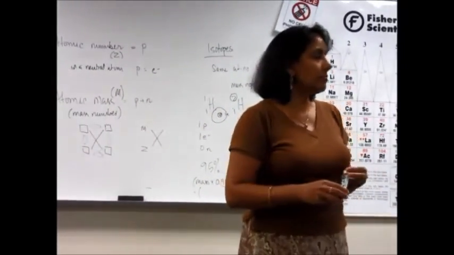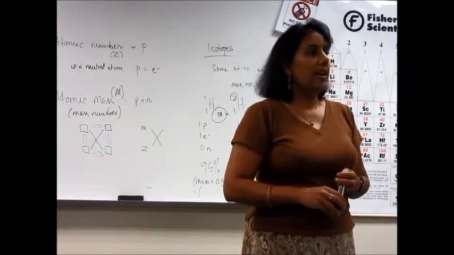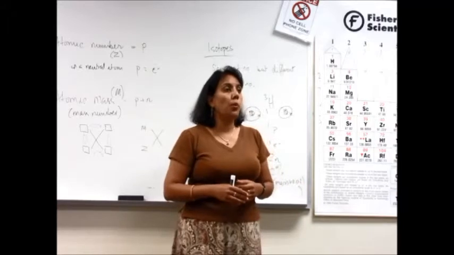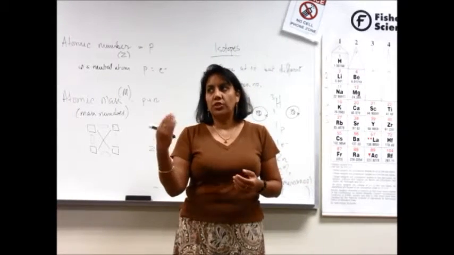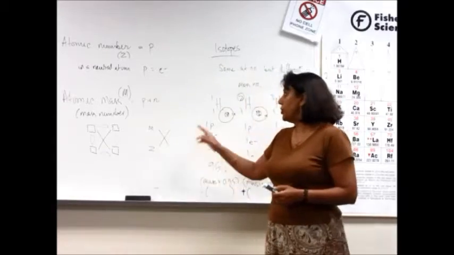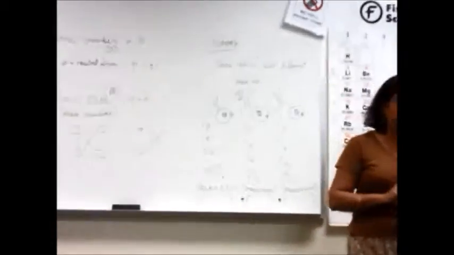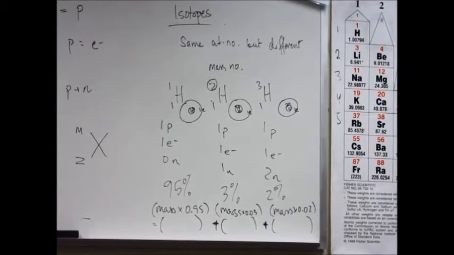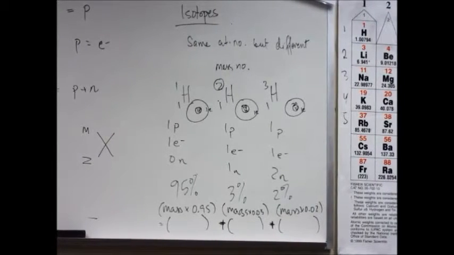Is there a limit to how many isotopes? No. There is no limit to how many isotopes, and there is also no way for you to tell how many isotopes something has. Okay? So I told you that hydrogen has 3 isotopes, and hydrogen does have 3 isotopes. But how many isotopes does calcium have? You will not know. And I will never ask you that. Okay? But you will not know that, and you're not required to know that either.